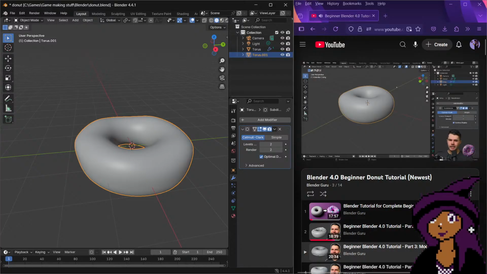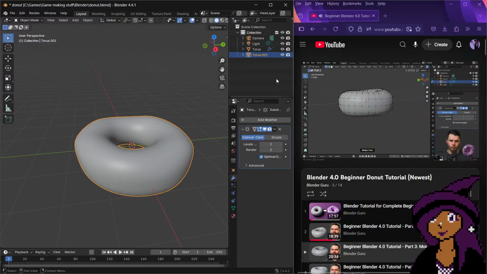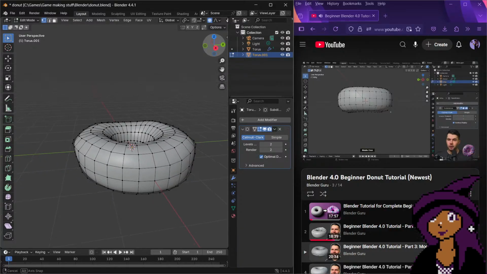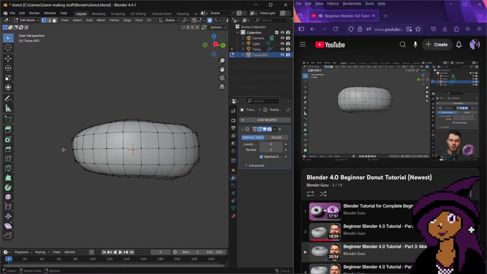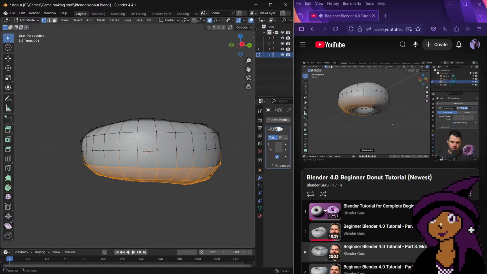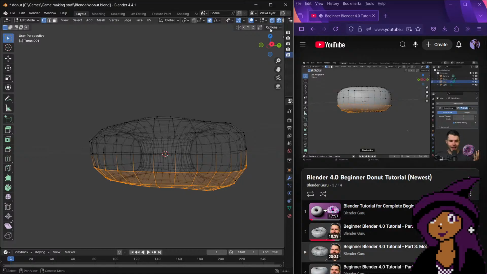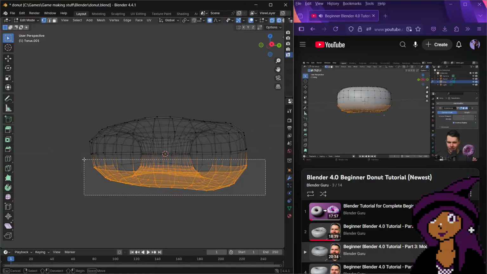So with our icing object selected, let's go into edit mode by hitting Tab. So we want the icing on the top, which means this bottom half of our mesh here is redundant. We don't need it, so we want to delete it. If we just dragged over the bottom here, you can see it looks like we've selected the bottom half of our donut, but if you were to move around, you would see, oh, we haven't actually. It's only selected, annoyingly, what is facing the camera. Where there's a mesh, it's not gone through the mesh. A lot of users find this annoying. I agree. Sometimes it seems like that would be the more default one that would make more sense, but anyway,